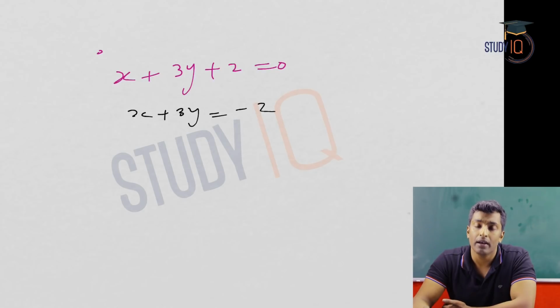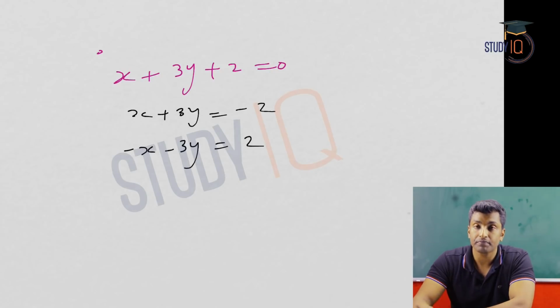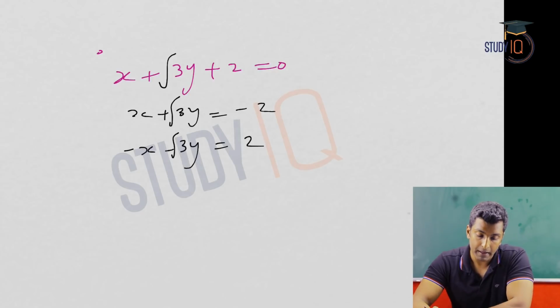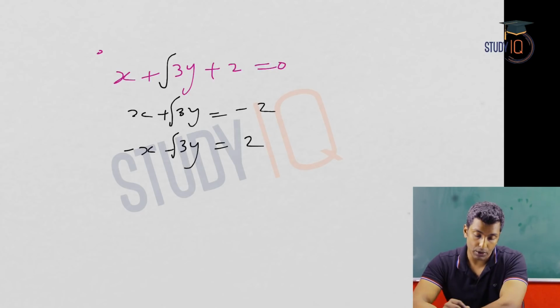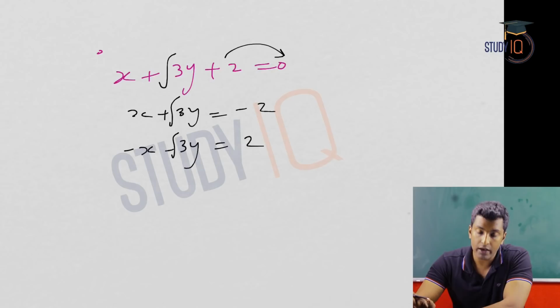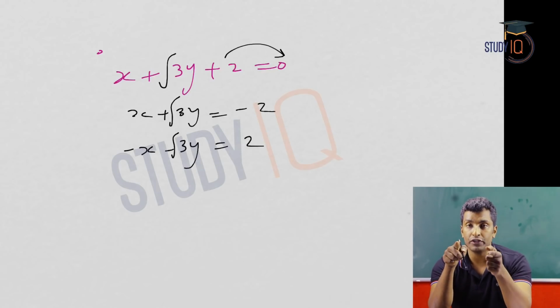Make it positive. Make it positive means it becomes minus x minus 3y equal to 2. Take this as root 3, so my equation is x plus root 3y plus 2 equal to 0. So first I did this: I took the constant to the other side, made it positive, so I got minus x minus root 3y equal to 2. Then what I told you is divide this with the root of